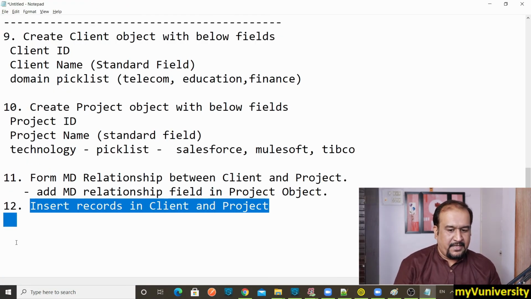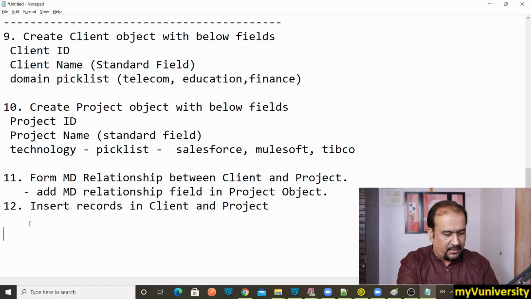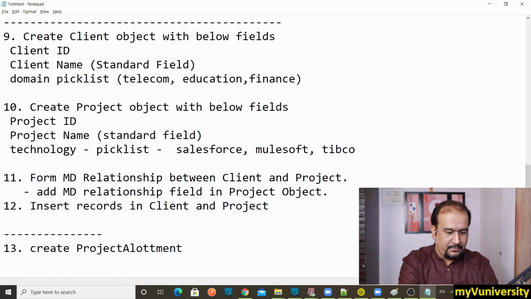So that is my current step. Step number 13 is create project allotment object with the below fields. That's what we are doing.